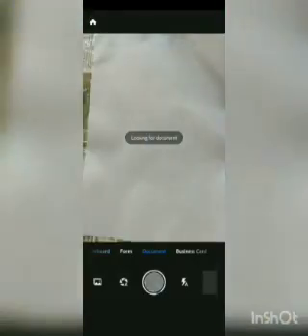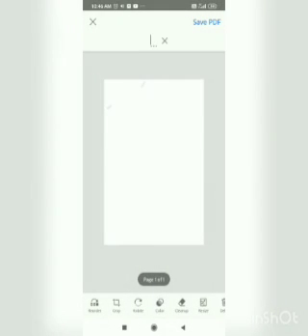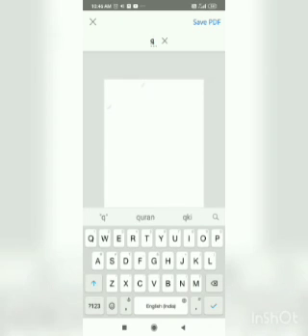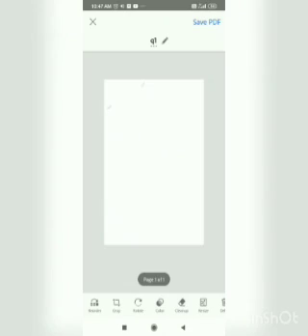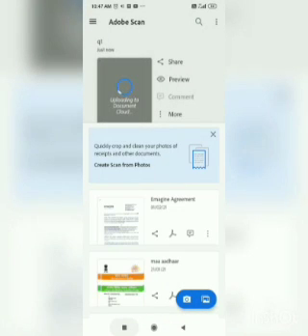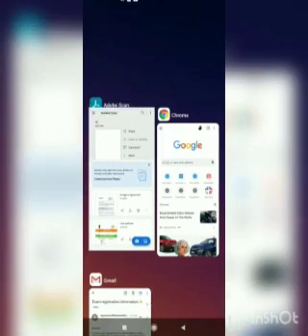As you can see in the video, once you are done with your scanning, you can see that your experiment has been scanned. You can rename the file to your question number 1, as you can see in this video. You can save, and you have to save this as a PDF. Once the file has been saved, you have to open your browser again.